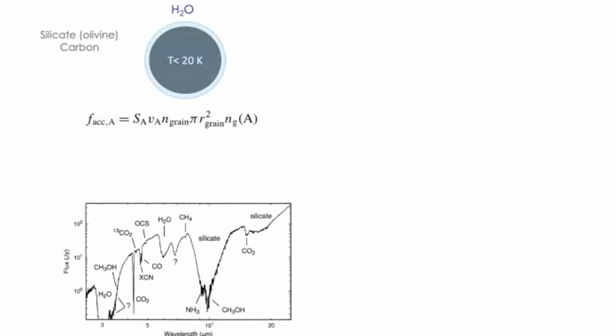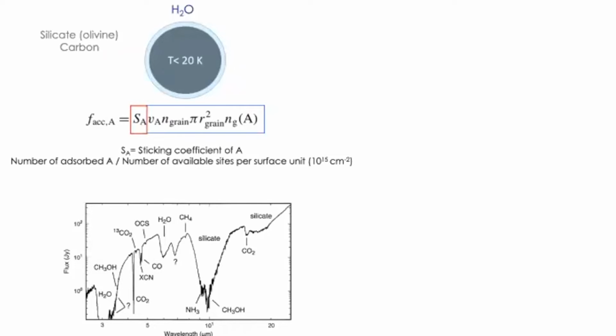And if you want to take into account those gas-grain interactions, you can use an accretion formula that describes collisions between gas species and grain. It includes the gas density, the number density of grains, their size, and you can see that they are considered spherical, but you can complexify the size distribution, and also the velocity and temperature of the system. And there is a prefactor, which is the sticking coefficient. It can be reduced to a probability. It's between 0 and 1.